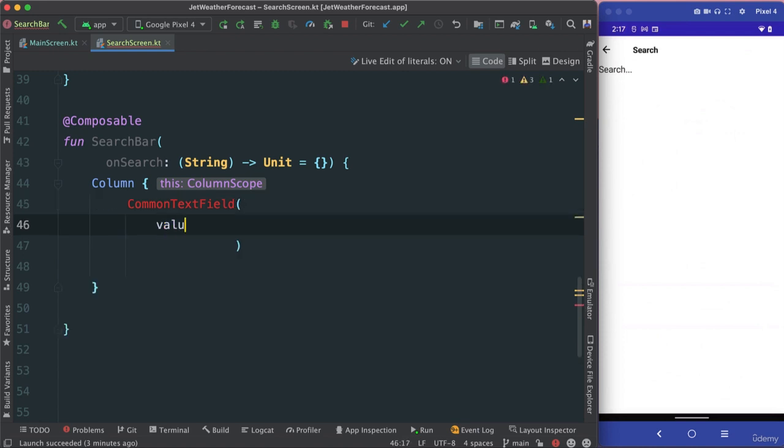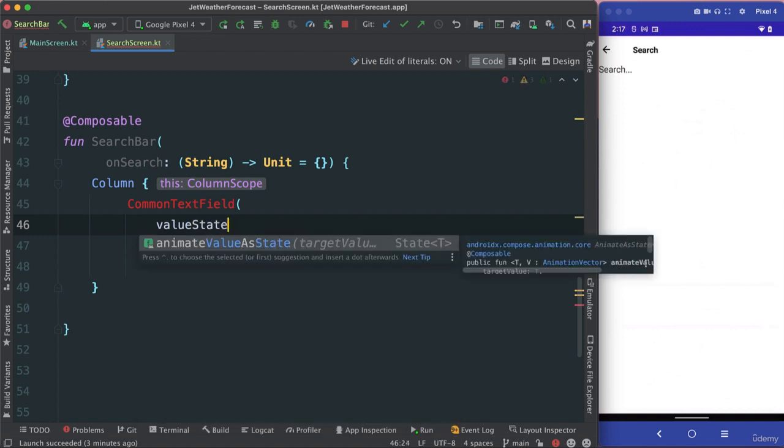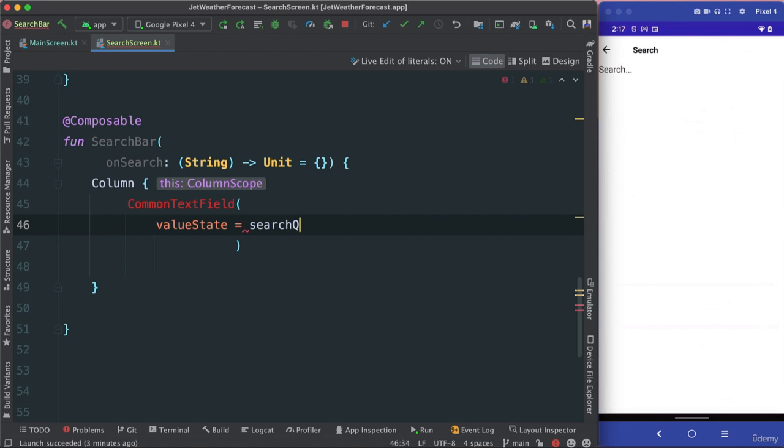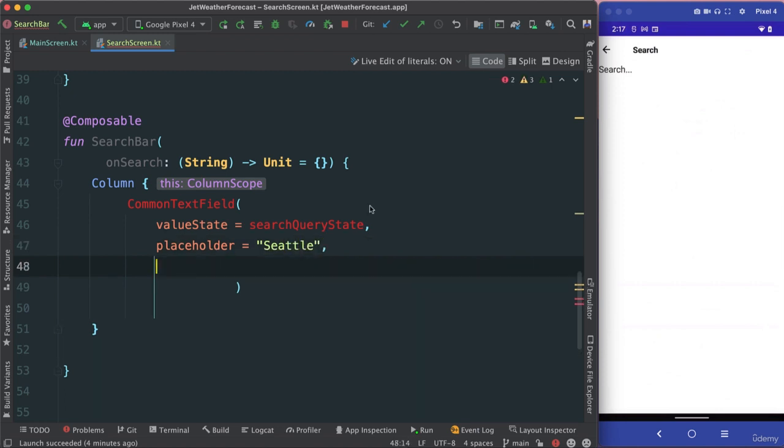So I'm going to pass a few values here, or parameters or arguments. State, it's going to be search query state, and we're going to pass a placeholder called Seattle. And then on action,